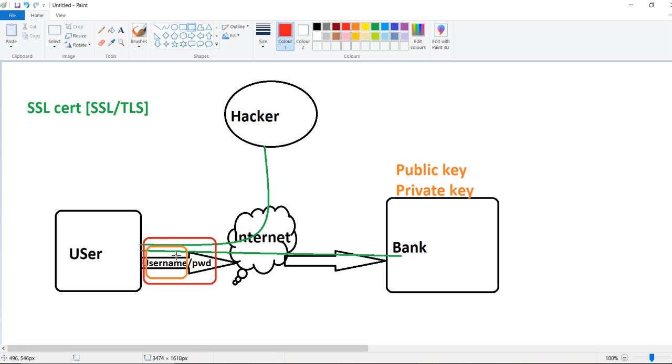If you are giving the same key to the bank, and the bank also uses the same key, then that is symmetric encryption. Symmetric encryption we are not using. We will use asymmetric. With the help of this asymmetric option, we will encrypt our username and credentials, and we will secure our websites. Whenever we are using this, the hacker can't access our websites. This is how SSL will work.